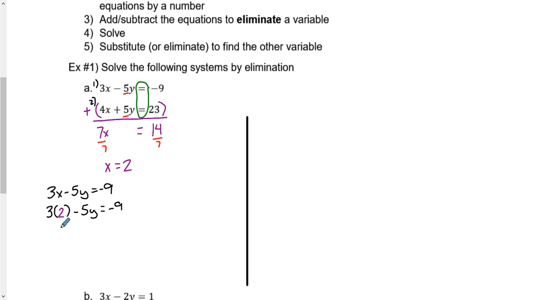So let's say 3 times 2 is 6. Oh, sorry. We can then subtract our 5y equals negative 9. Keep on solving. Subtract the 6 from both sides. Negative 5y is negative 15. Divide by the negative 5 to get the y completely alone, which means that there is only a y by itself. And y equals 3,